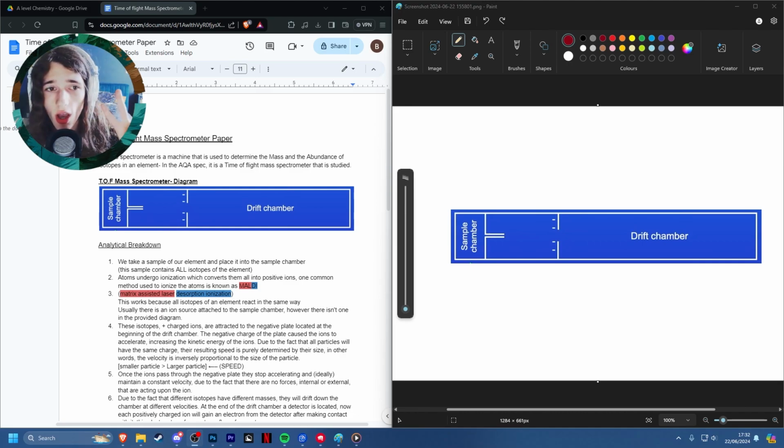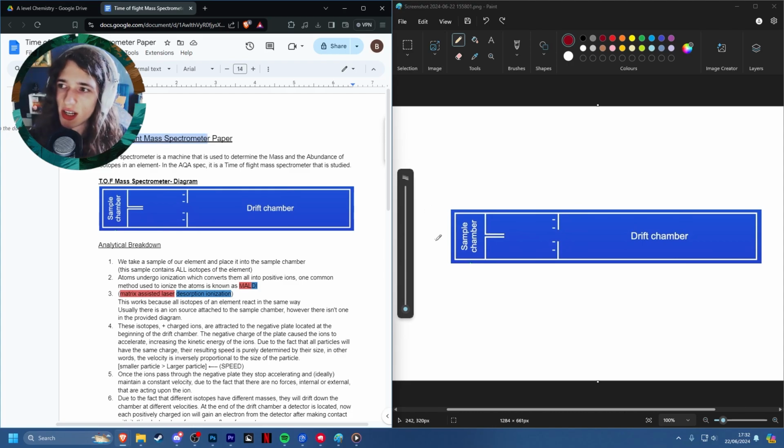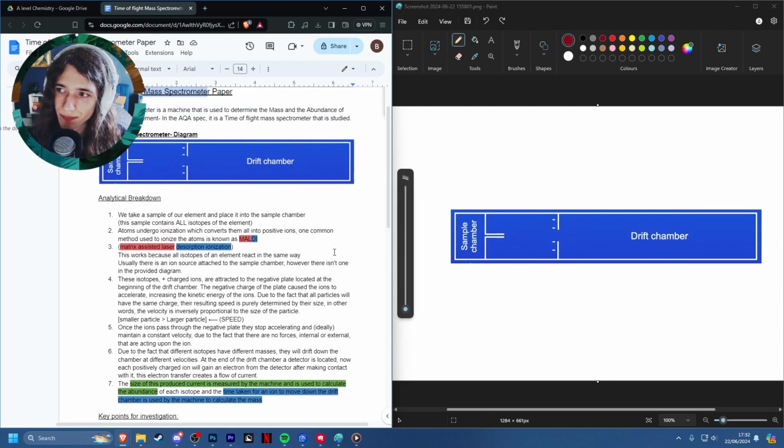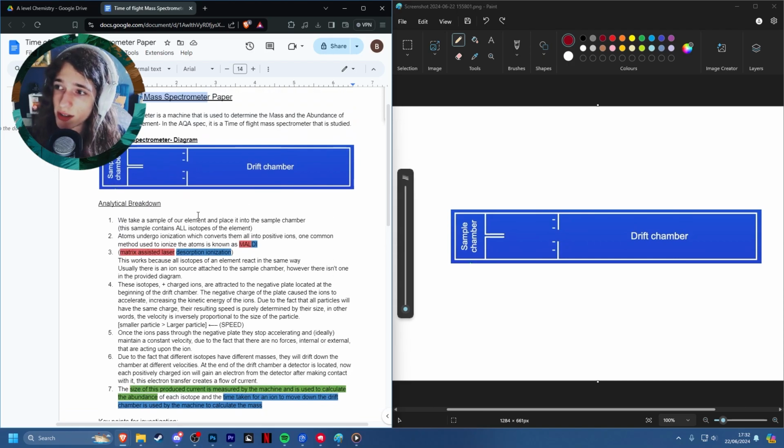Short paper, 2 pages, on the time of flight mass spectrometer. And essentially, the first page I have talking about the actual apparatus. We have an analysis breakdown,